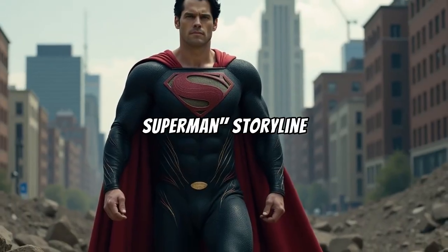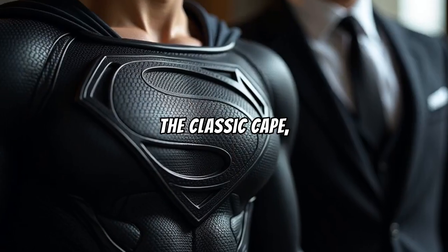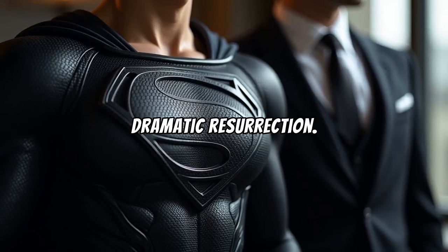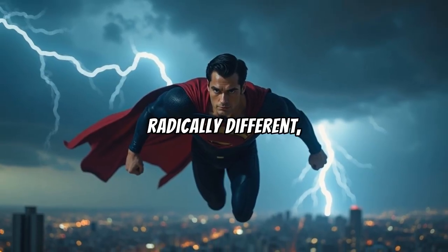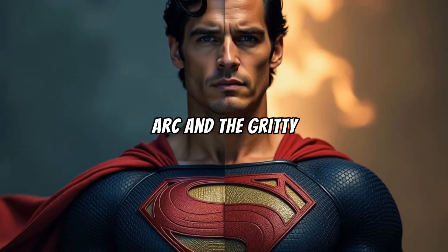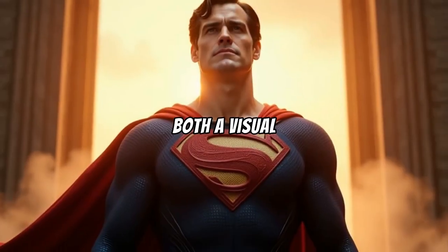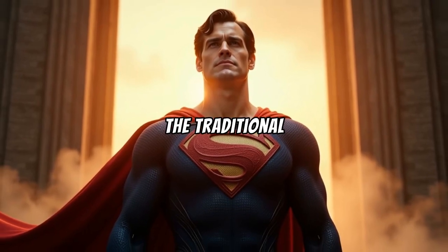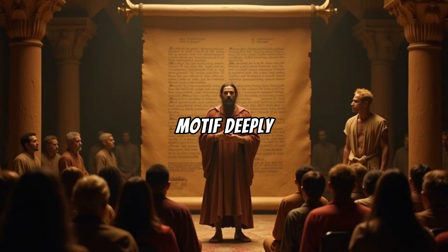In the 1990s, the comic book landscape saw a shift towards darker and more complex narratives. The Death of Superman storyline brought about the iconic black suit, lacking the classic cape, which Superman wore after his dramatic resurrection. This version of the suit was radically different, reflecting a time of evolution both in the character's arc and the gritty undertones of the comic book world. It was both a visual and symbolic departure from the traditional Superman narrative, signaling renewal from death,